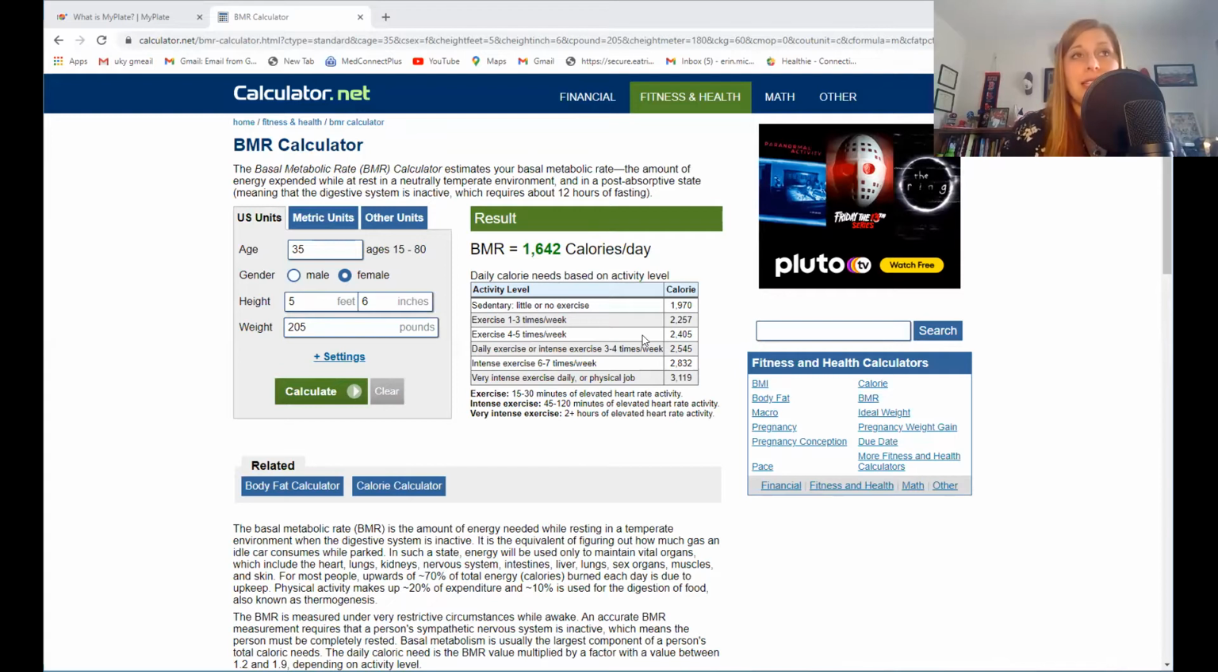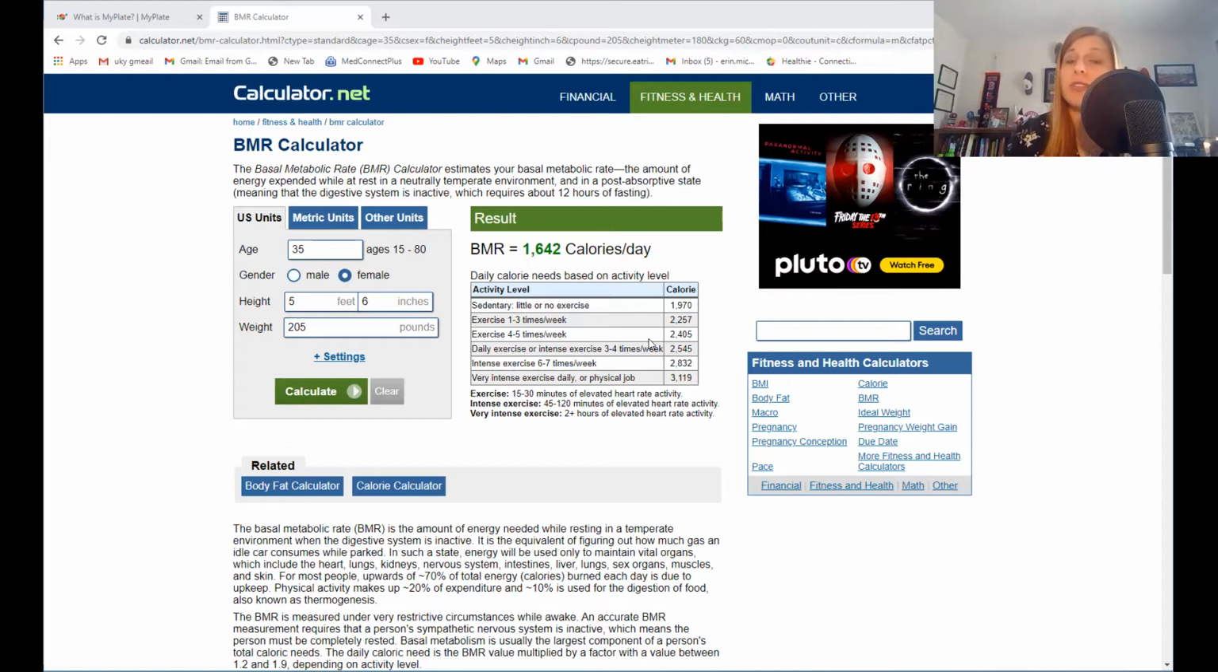Now, let's say we want to change our body composition, right? So let's say we would prefer to lose weight. If that's what you're aiming for, we still want to calculate your total energy expenditure, or your TEE. So you calculate your BMR, you multiply it by your activity factor, and then you subtract. So if for me to maintain my weight is 2,400 calories, if I wanted to lose weight, I would subtract